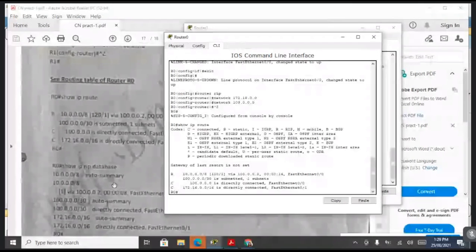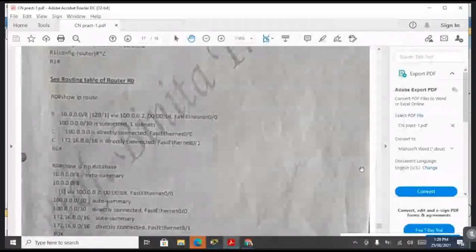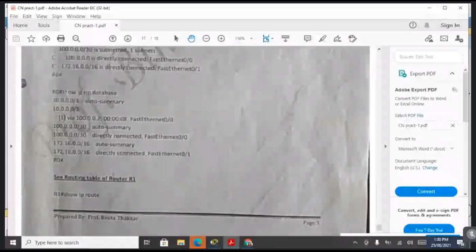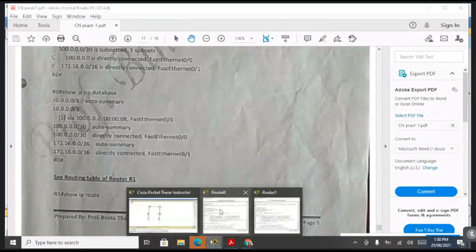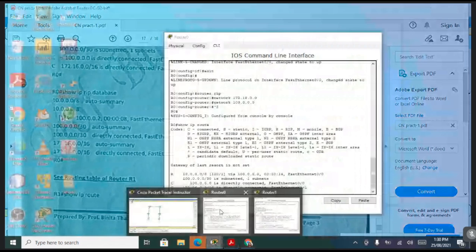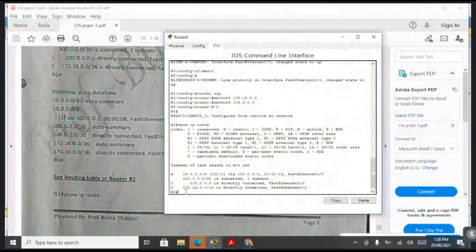Now we can see the summary, the database summary, using this command. There is another command, show IP RIP database. Okay, so we'll get all the summary, auto summary, FastEthernet 0/1. Same way here, you can directly pass this command, show IP RIP database.